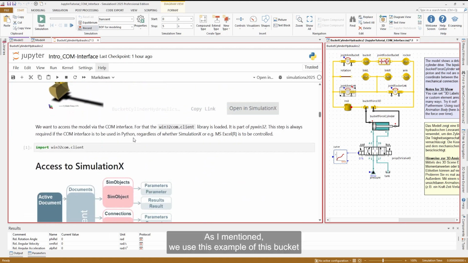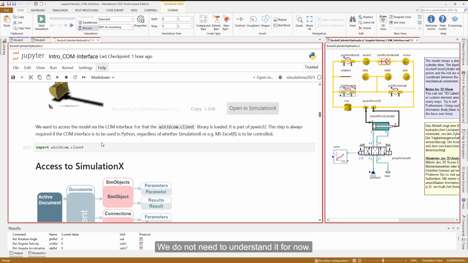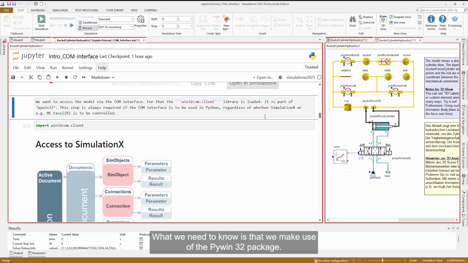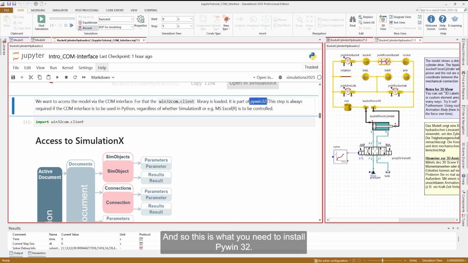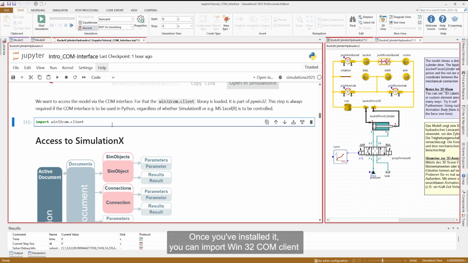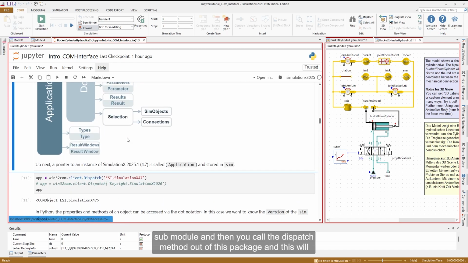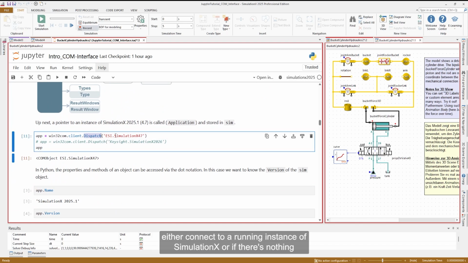As I mentioned, we use this example of this bucket cylinder here. We do not need to understand it for now. What we need to know is that we make use of the Win32 package. So this is what you need to install, Win32. Once you've installed it, you can import the win32com.client submodule,